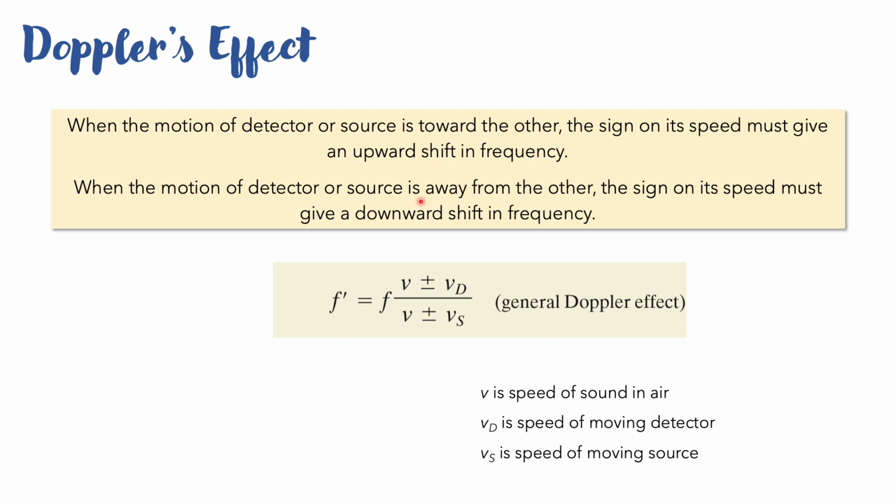When the motion of the detector or source is away from each other, meaning the distance between the speaker or any source of sound is increasing, you are moving away, or the source of sound is moving away from you. In any case, when the distance between the source and the detector is increasing, there is a downward shift in the frequency, meaning the frequency of the sound wave appears to decrease. So in general it can be expressed with this formula,